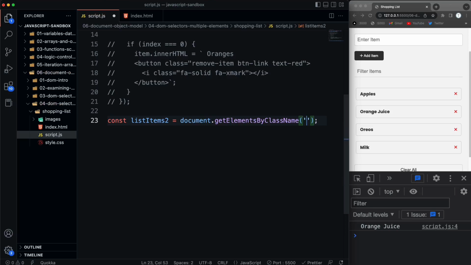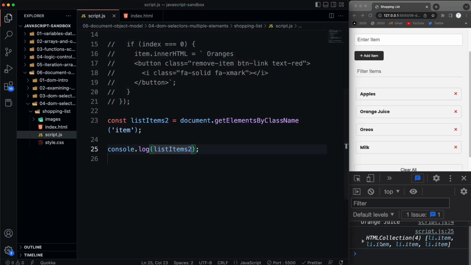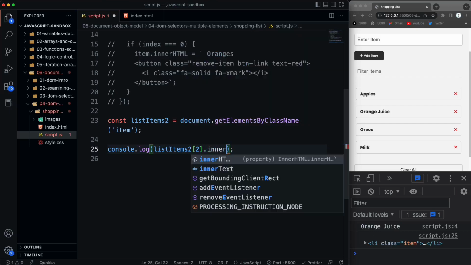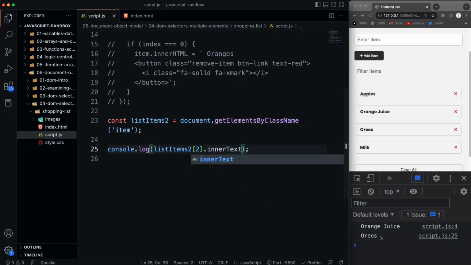Okay, and then we know that they all have a class of item, and this is kind of restrictive because you can only do classes, and you don't want the dot actually because it's always going to be a class. Just like with get element by ID, you don't put the number sign. Now if I console log list items 2, we get an HTML collection as opposed to a node list. Okay, we can still access individual items like we would with an array. Like if I put a 2 here and save, actually let's do 2 and then dot inner text, and we get Oreos. Okay, so you can pass in an index like this, but if I were to do a for